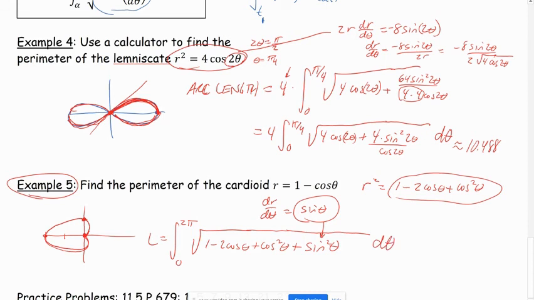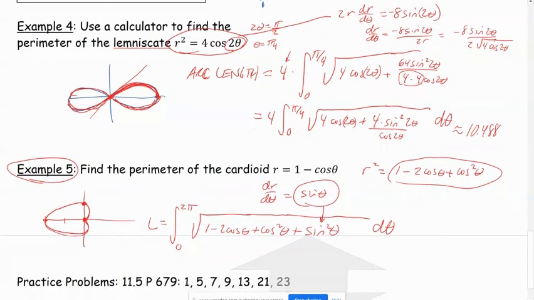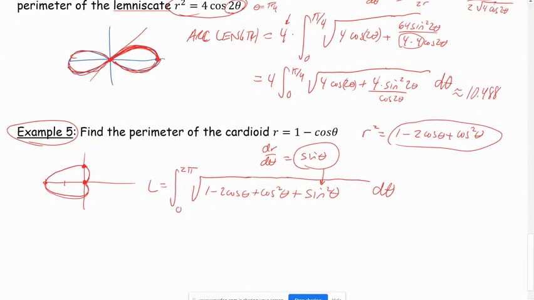And this one we can actually integrate by hand. You could use a graphing calculator, or like I said, this one can be done by hand, because when you simplify the entire inside, cosine squared plus sine squared is 1. And so then, after a few simplification steps, we end up with just the integral of 2 minus 2 cosine theta d theta, and then that is